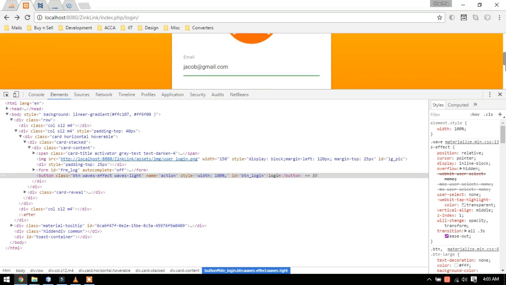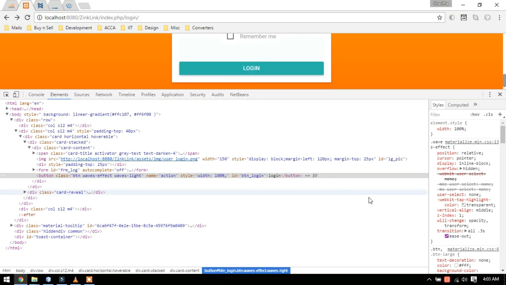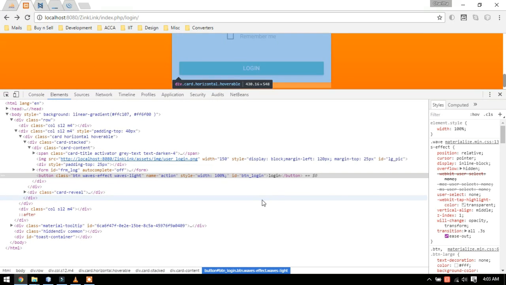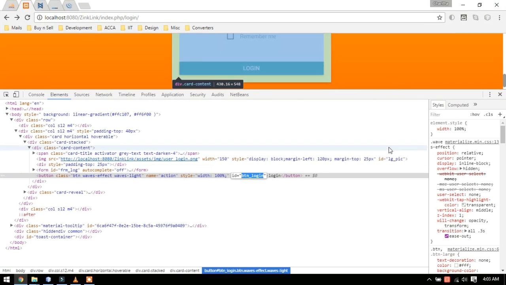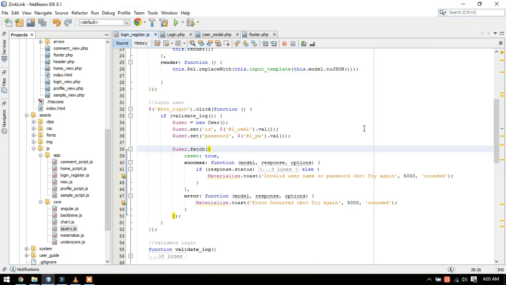So let's start with the login screen and its button click event handler. Here we have its button ID, and its ID is btn login. At the JavaScript level, we can handle this click event by using a selector. This is the click event of the login button, and in this task also I have used Backbone.js for